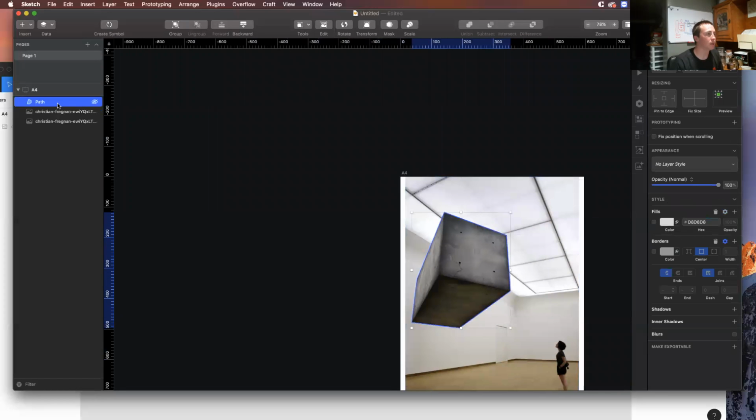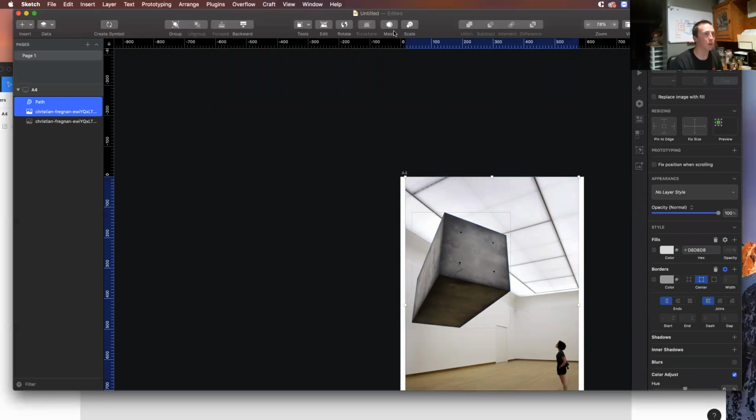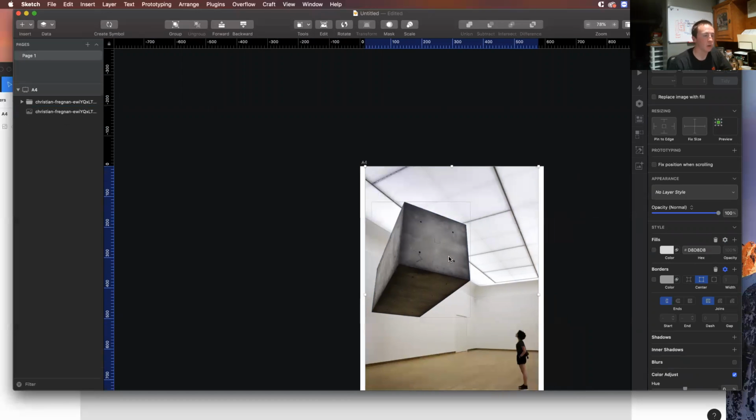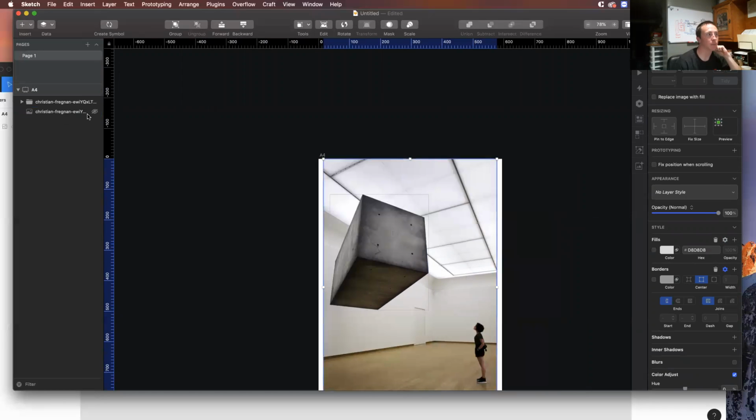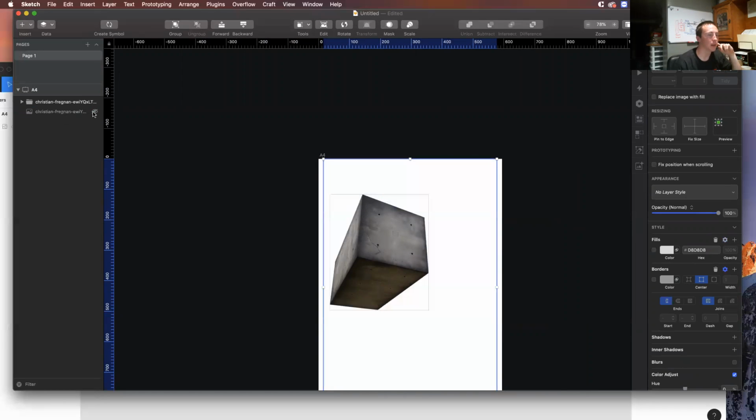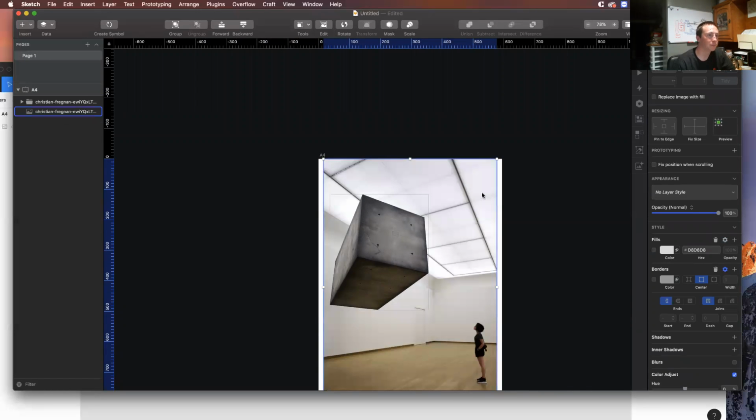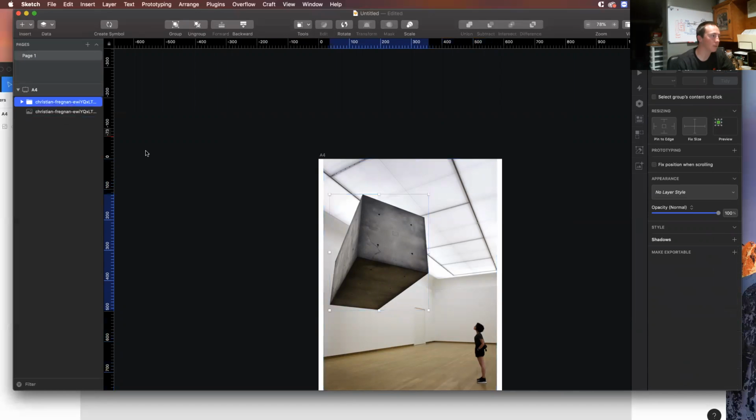Now what I'm going to do is select the vector path I've made and the top image, and I'm going to make a mask. You can do that by clicking the little mask button up here. You didn't notice anything because of the image behind it. If I hide the background image, you'll notice that all we can see now is the part I masked out. But I want both images visible. I'm going to select the background image now,